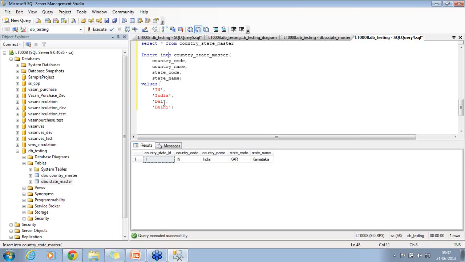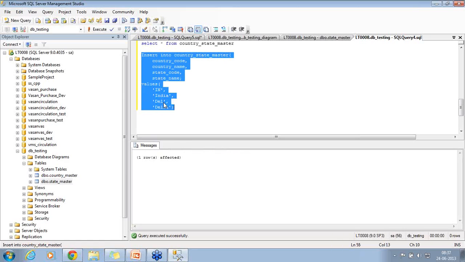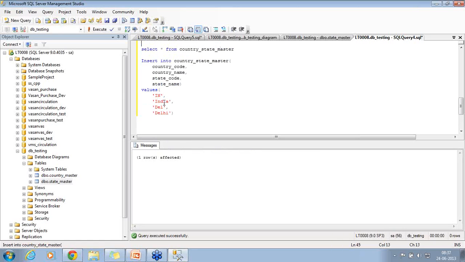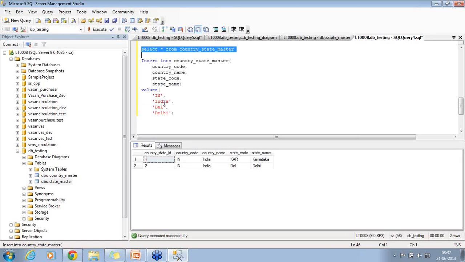That is what we are trying to say. I create one more record here, select country. Now I can rename this India and this code to some other name. It will allow it, because the state ID is an independent ID. This column is independent, this column is independent. So this makes it improperly normalized.